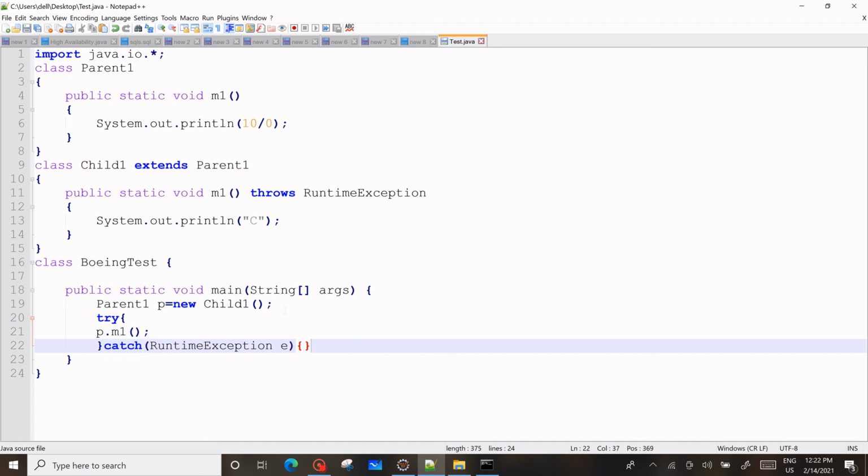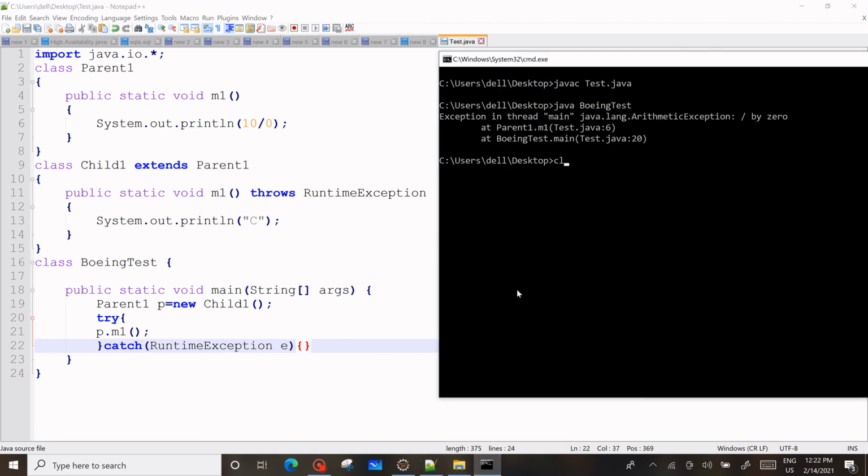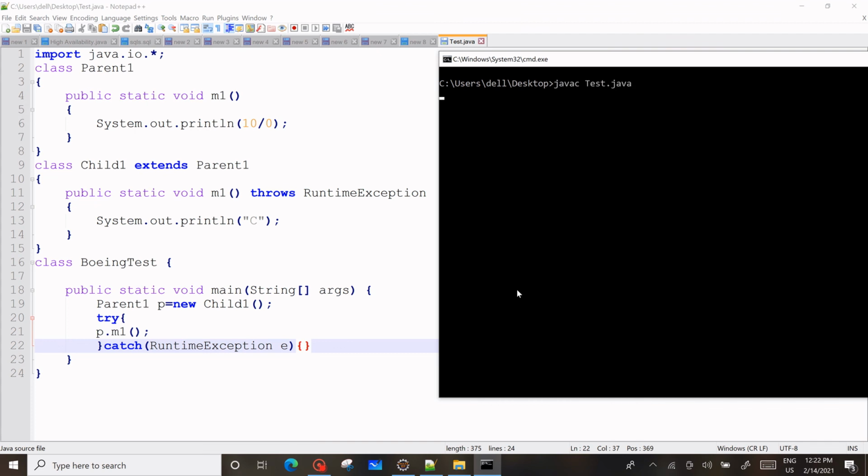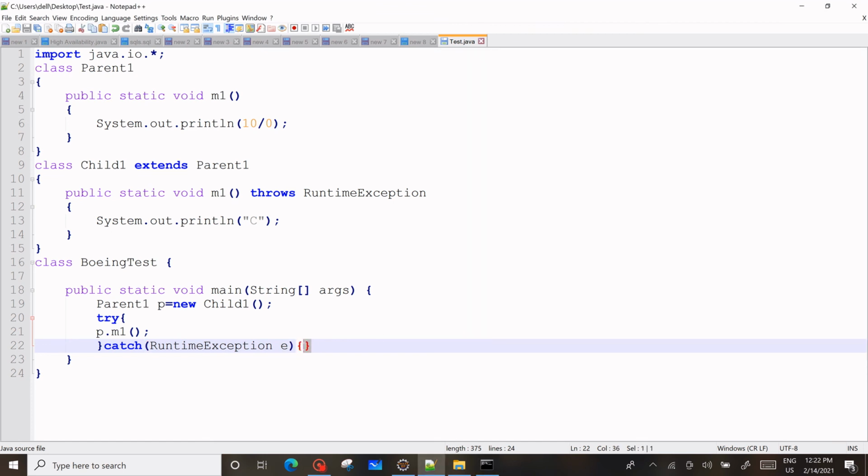Now let me clear. I'm compiling first, and then I'm going to run. It will not give any error, because we have handled the exception and there are no changes.